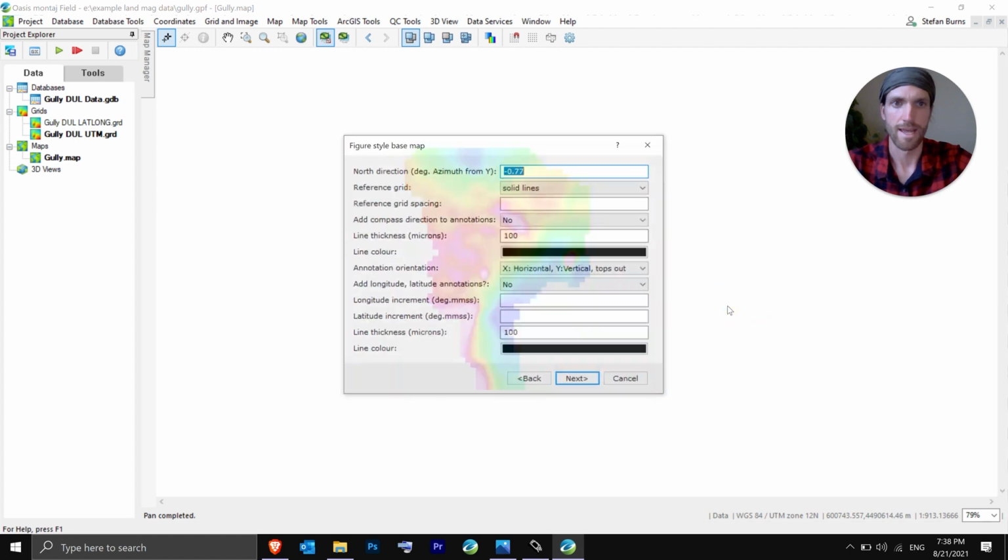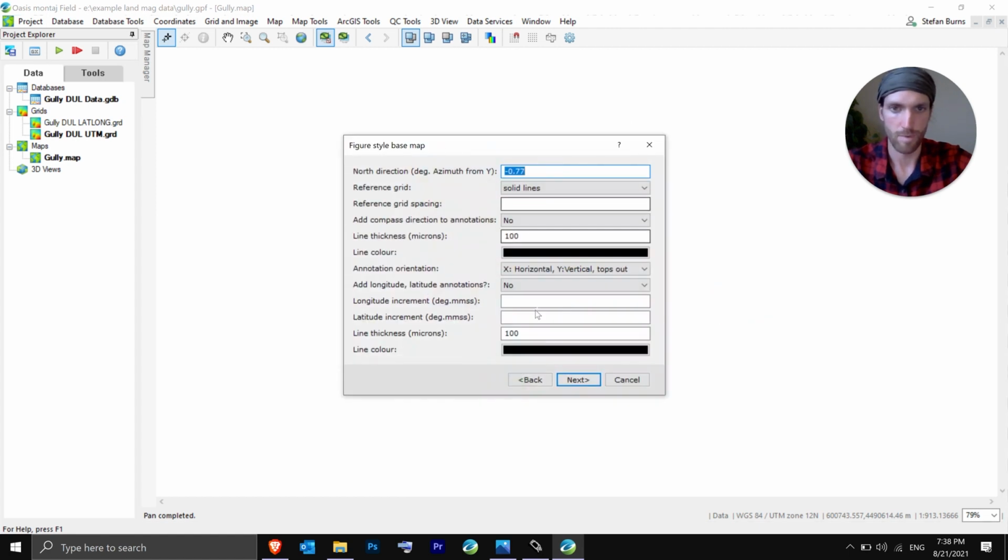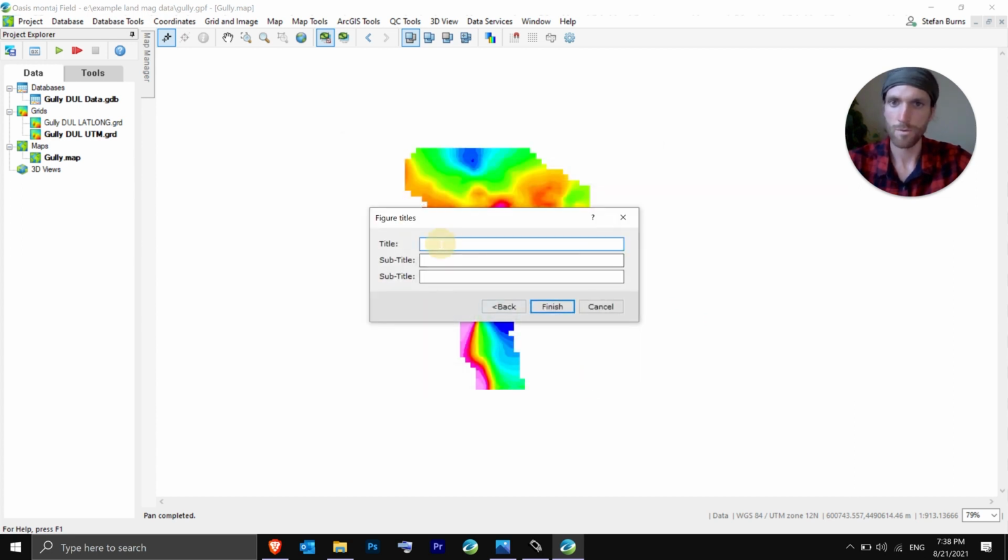So that will be good. Hit next, and it preloads everything. You can change your line colors and all that stuff, but I like how it looks by default. We'll give it a title, so we'll call it goalie. Let's keep it simple, but for our subtitle, we'll call it a